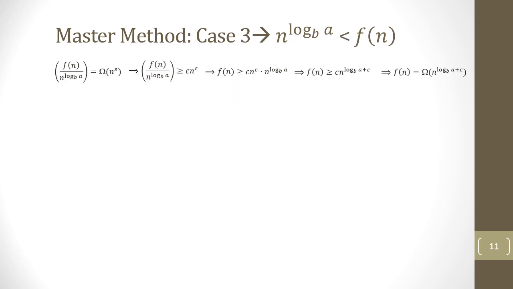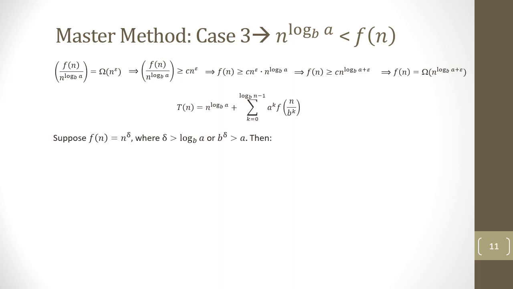Now let us see the proof of case 3 of the Master Theorem, where the growth of f of n is asymptotically greater than n to the power of log base b of a. We use the recurrence equation we derived from previous slides, and we suppose that f of n is equal to n to the power of delta, where delta in this case will be greater than log base b of a, so that this condition holds, or b to the power of delta would be greater than a. If we plug in the value of n to the power of delta into the equation,